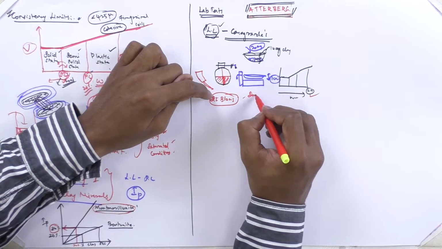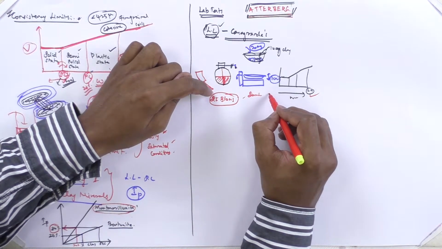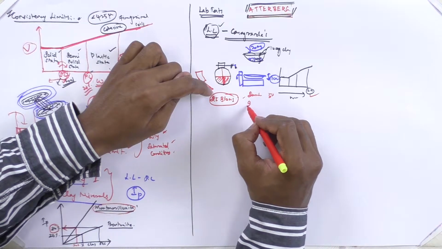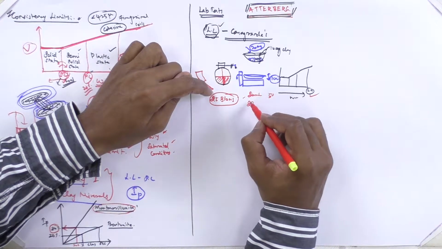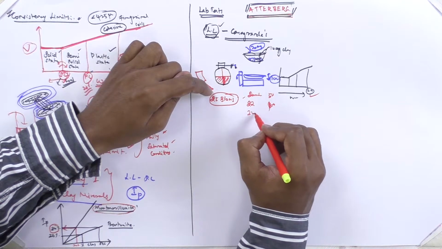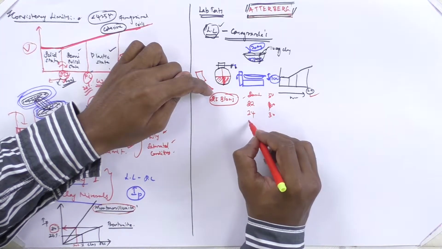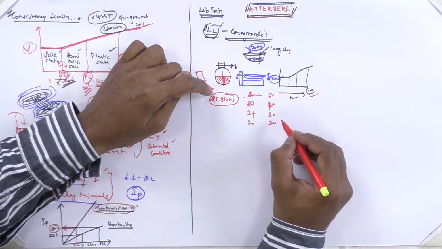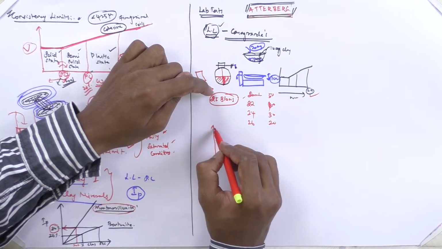Initially it may be 20 ml and the respective blow is 50 blows. Again you add 22 ml, and with 2 ml addition you get joining at 40 blows, at 24 blows you get a 30 value, and at 26 blows you get a 20 value. So you have to draw a graph with the help of this.